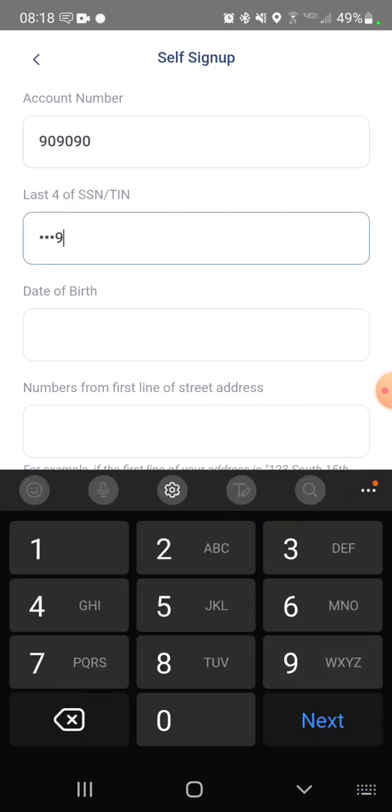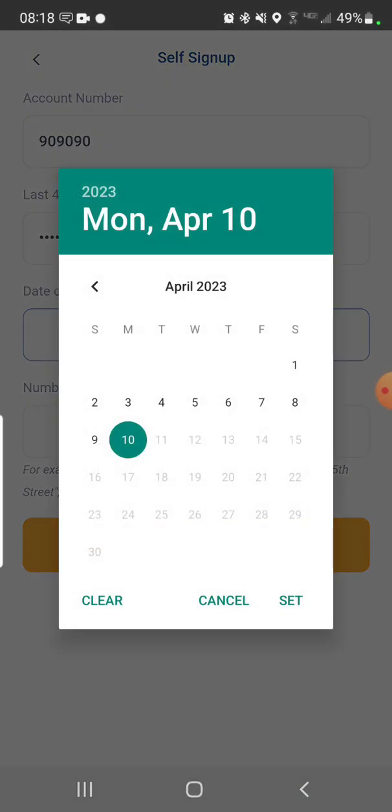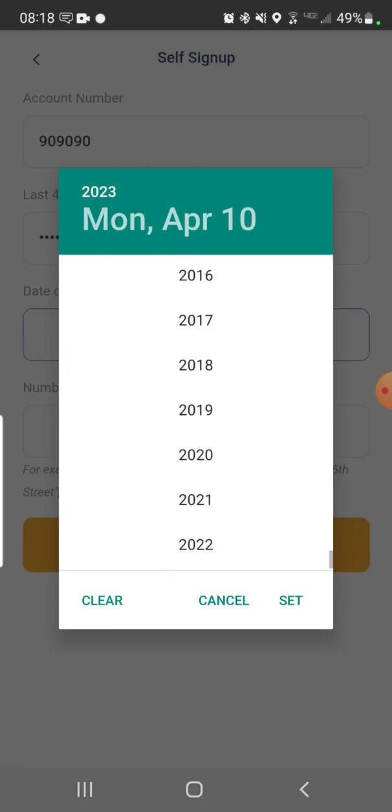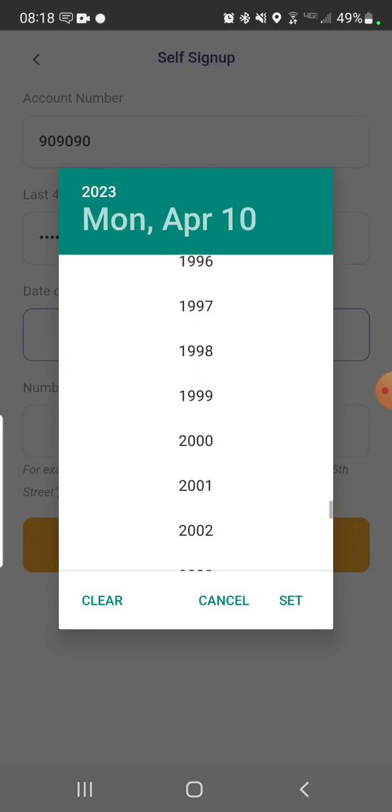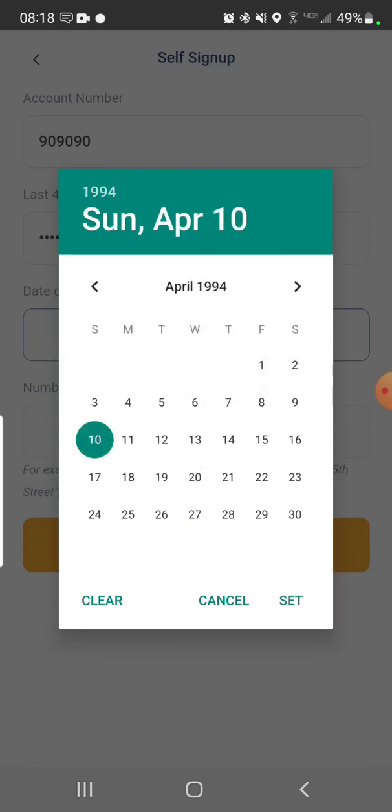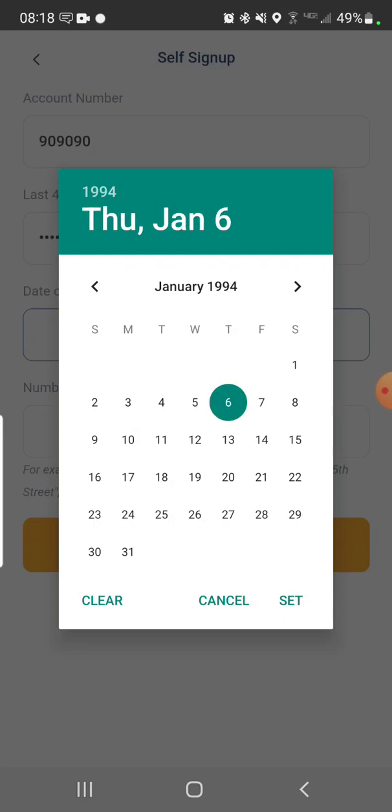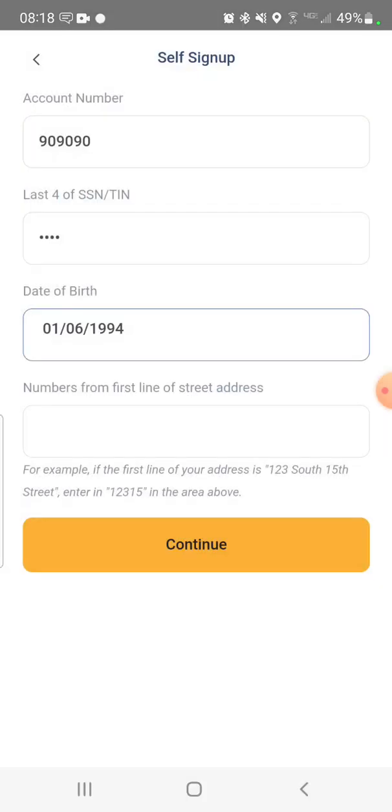date of birth. Tap the year in the upper left corner of the calendar widget and then swipe down until your birth year appears. Select your year and then navigate to your birth month with either the left or right arrow. Select your birth date, tap Set to finalize, and then input all the numbers from the first line of your